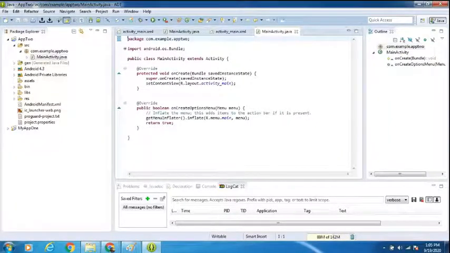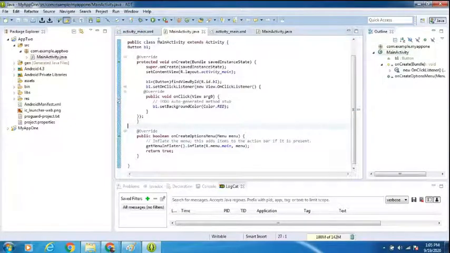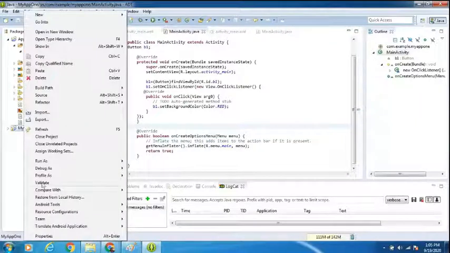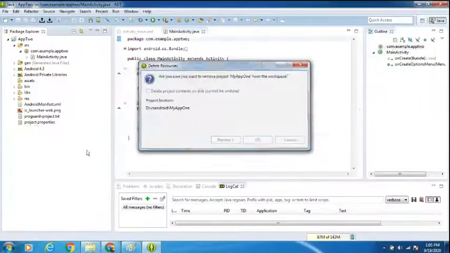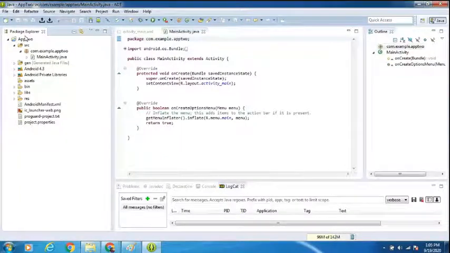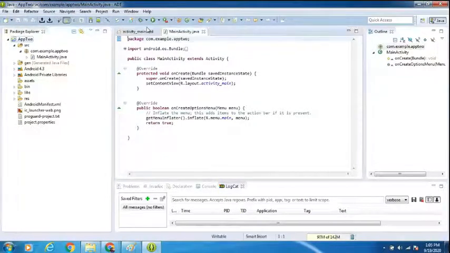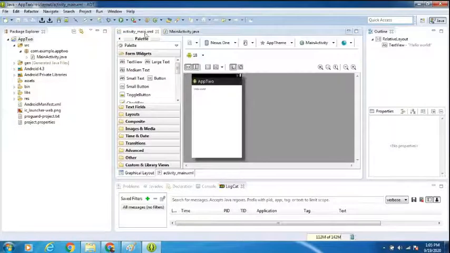Let's go for our. Wait, dear, wait. I'll delete this. Go for app 2. Here, wait for a while, dear. Let me do this. Here I'm placing a button.